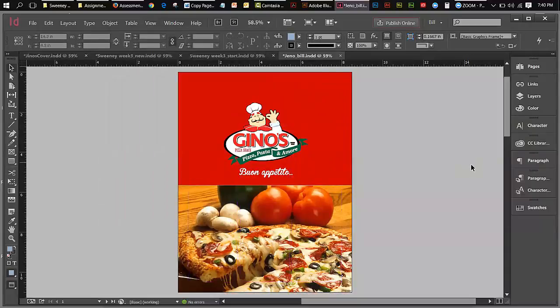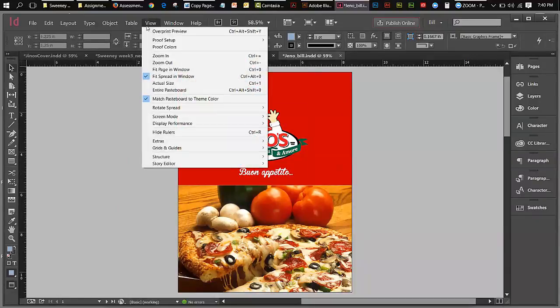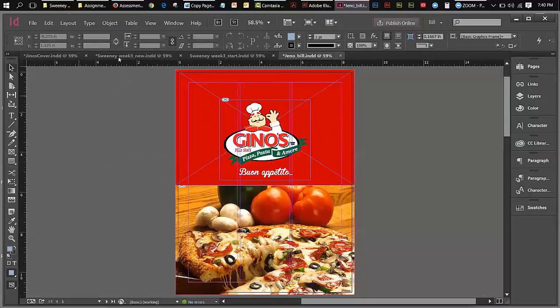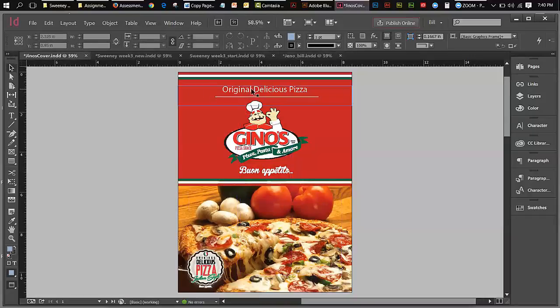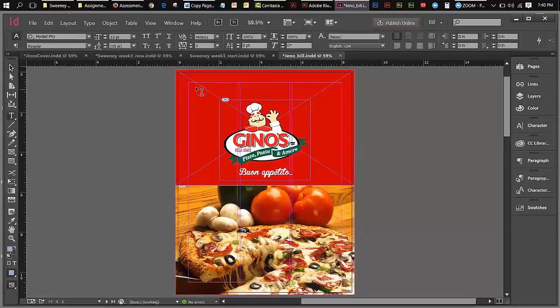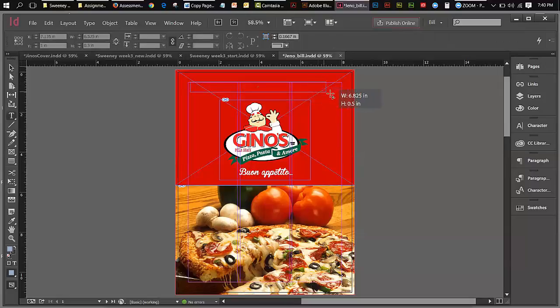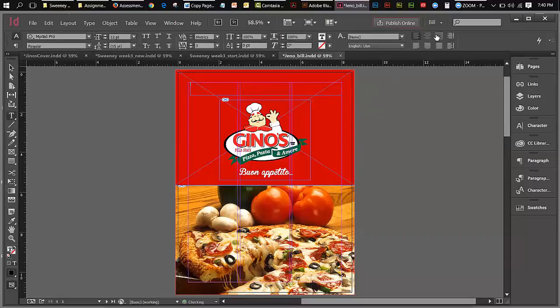And now you can see what your entire presentation is going to look like. Okay? So go back to view, and let's go to screen mode normal, and let's finish this off. So what I'm looking for is original delicious pizza up here. So I'm just going to create a frame across the top, just like this, and I'm going to center align it. And I don't have this copy, so I'm going to write it